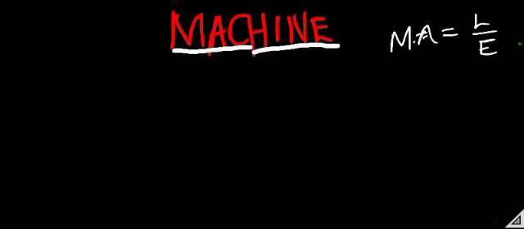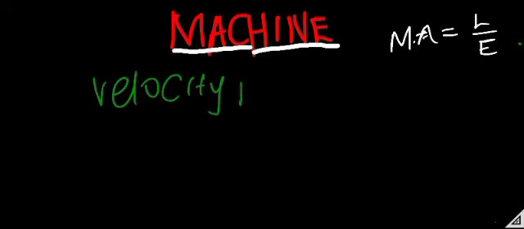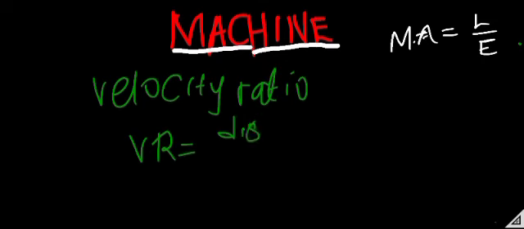The next one here is called velocity ratio. Now, what is velocity ratio? Well, velocity ratio is the ratio of the distance moved by the effort to the distance moved by the load in the same time. So we can say that velocity ratio, VR, is the ratio of the distance